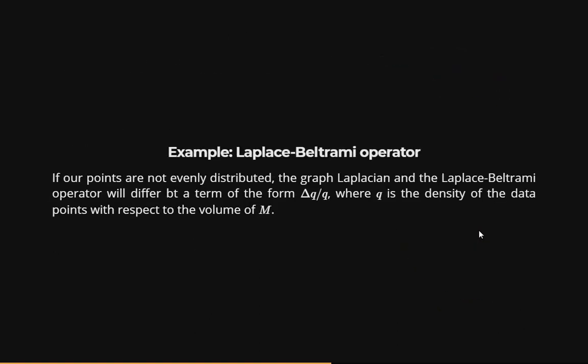Now another example is the Laplace-Beltrami operator. We already saw it, we already stated it. If you have points on your manifold and they are not evenly distributed, the graph Laplacian and the Laplace-Beltrami operator will differ by a term which involves the density of your data points. So you take their density with respect to the volume of the manifold, the number of points per unit of volume, in a sense. And the graph Laplacian will not tend to the Laplace-Beltrami operator unless the density tends to the uniform density, because there will be a difference between them, which is of the form Laplacian of Q over Q here,